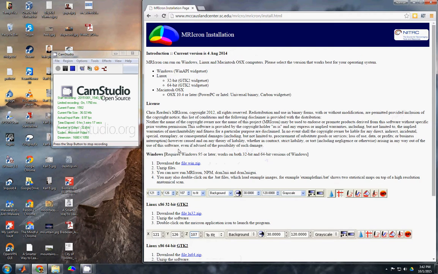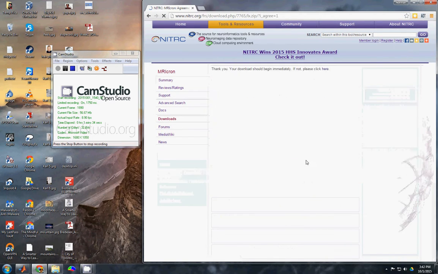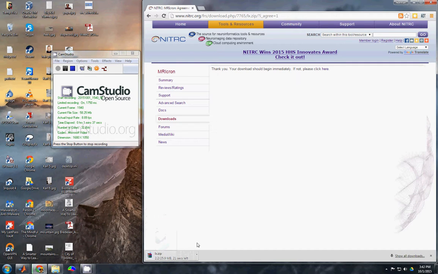installation, and you can download the file for Windows or whatever operating system you're using, and I'll leave it to you to download and extract and run the main program. I'll just show you the Windows version, accept the license agreement, and it pops on through the series of vacuum tubes in the internet